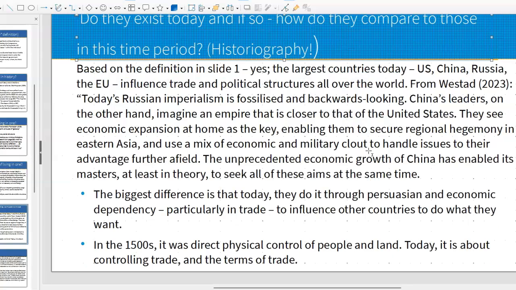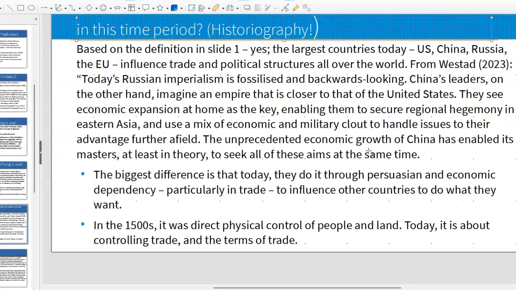The biggest difference is that today, most empires do it through persuasion and economic dependency, particularly in trade, to influence other countries to do what they want. I probably couldn't give you a bigger or better example of this than the current administration's opening salvos about the imposition of tariffs, and that the negotiations on that started as early as the end of the election cycle itself in November. In the 1500s, it was direct physical control of people and land,